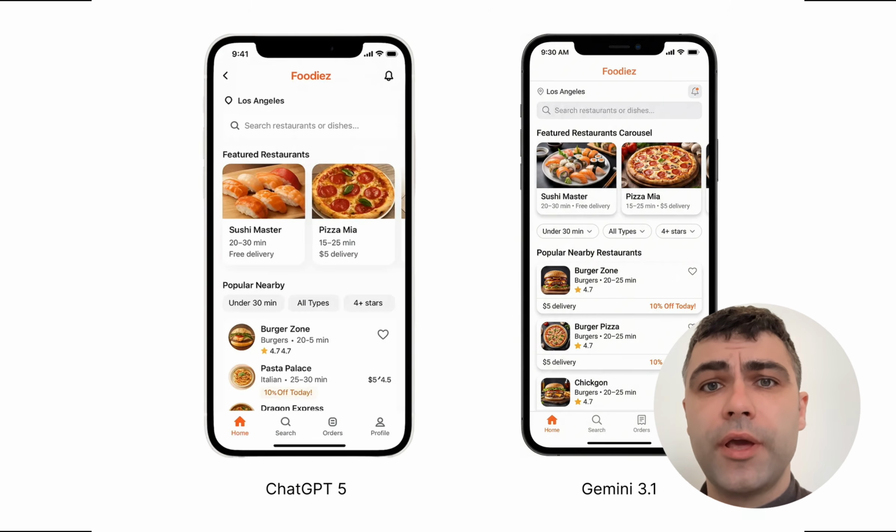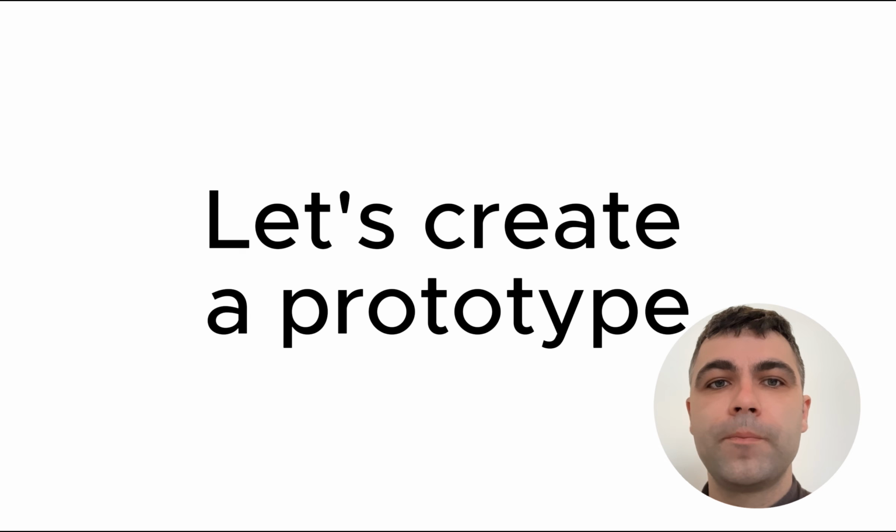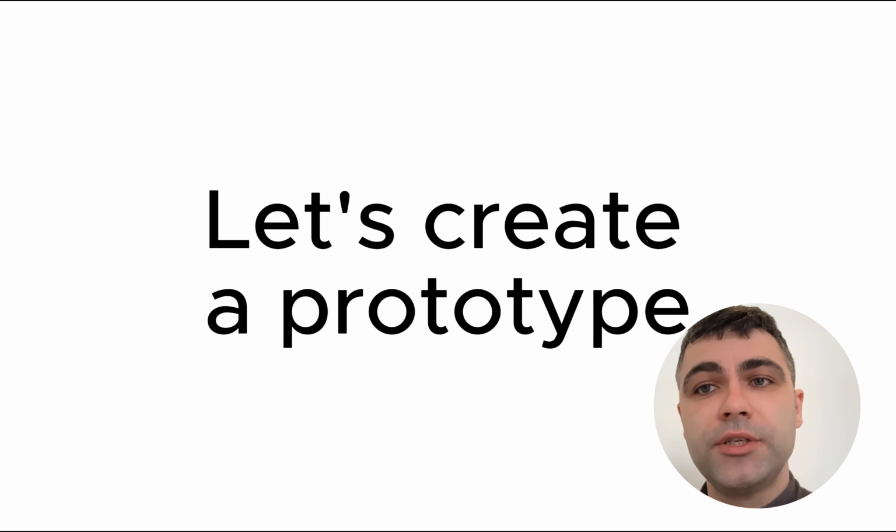UI generally looks okay, but if you compare it to design from ChatGPT, you will see that Gemini tends to add more visual details, and as a result, UI looks a bit heavy from a visual point of view. Unless you're creating a mood board and plan to use this design as an inspiration, you want to see a prototype of this design. So the next step is turning this design into code, and there are two options to